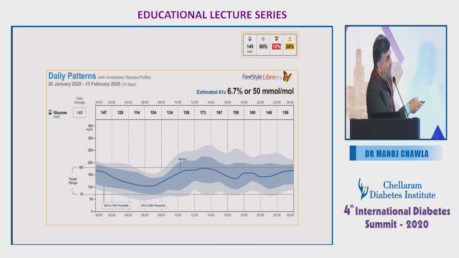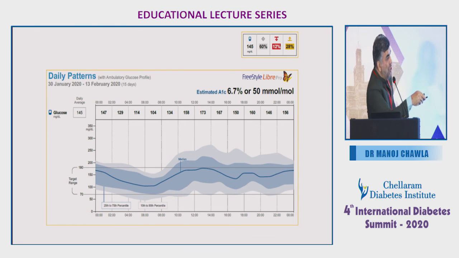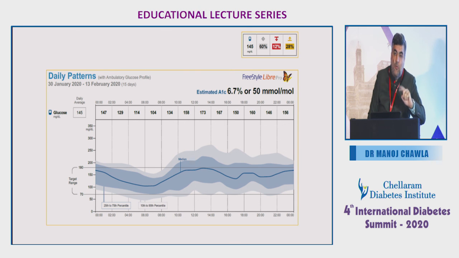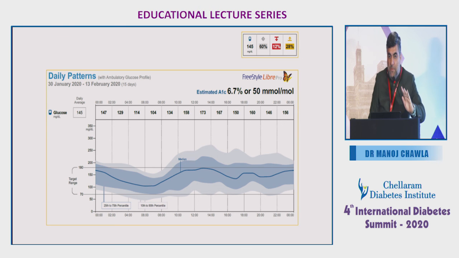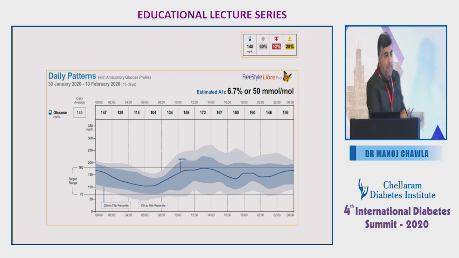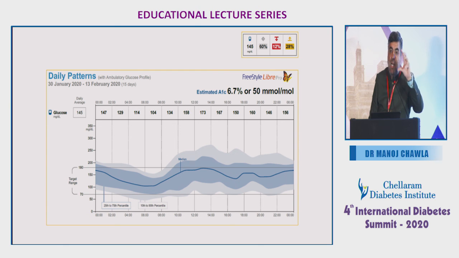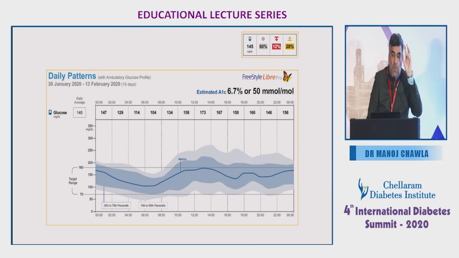But importantly, the point I was coming to is, if this last shaded portion is very wide, and in some patients, especially type 1, you will see a much wider shaded portion, that means not the drug to change. The darker portion will still allow you to modify some dosages. But if the less shaded portion is wider, it is purely to do with behavioral changes. When you see that part contributing to the variability, then you need to sit down with the patient more and talk about how different behavior in terms of snacking at night or eating something wrong, that part is going to be much more related to patient's behavior.